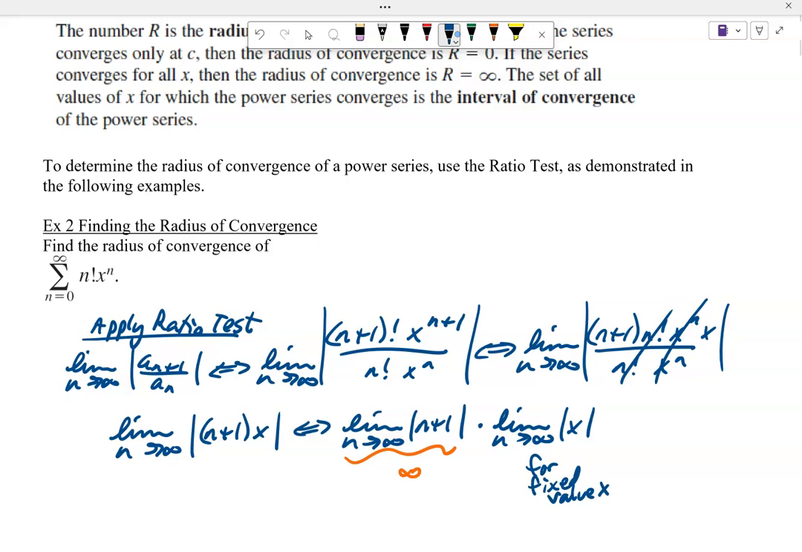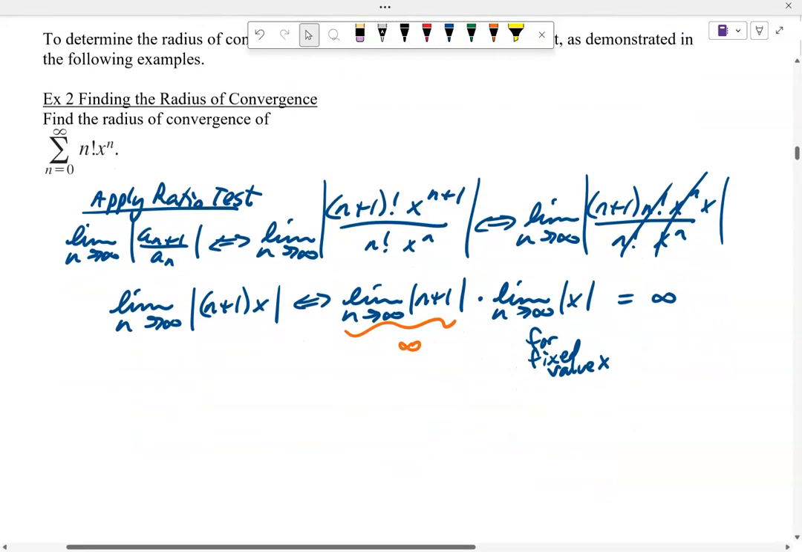And so we have infinity times whatever x is, it doesn't matter. We just end up with infinity. And so by the ratio test, if it's greater than 1 or shoots to infinity, then it diverges, right? And so here we can say, therefore, this power series by the ratio test,